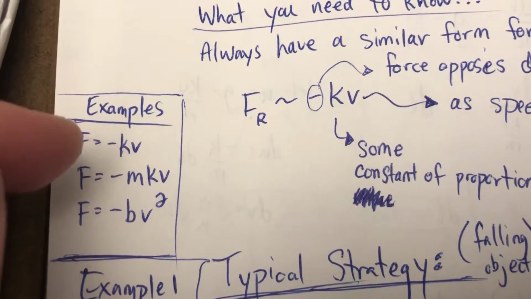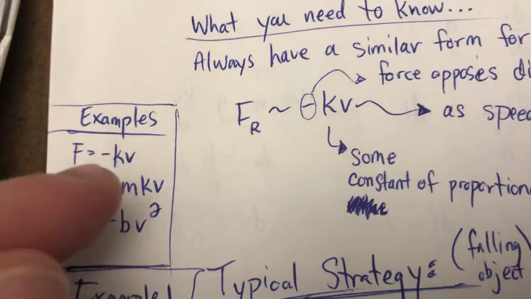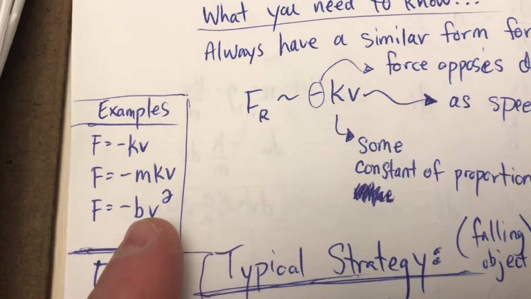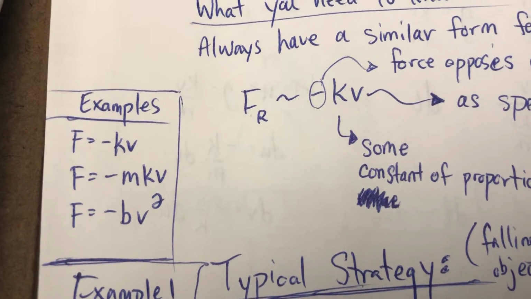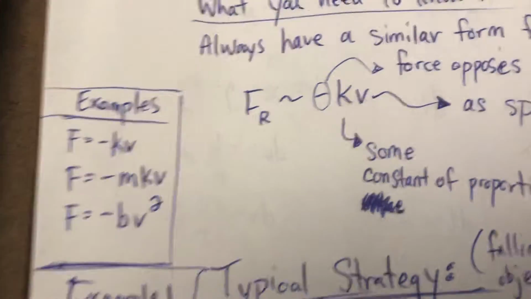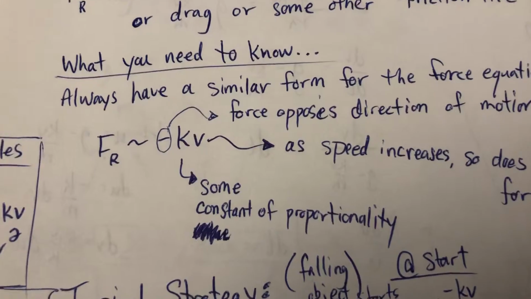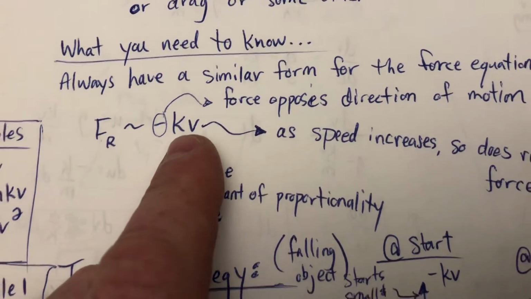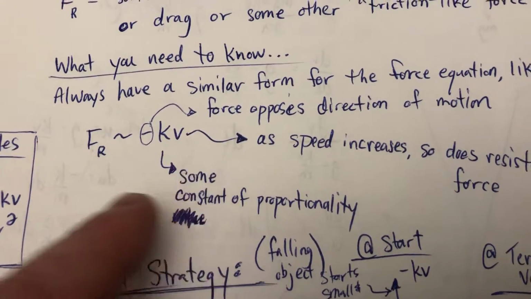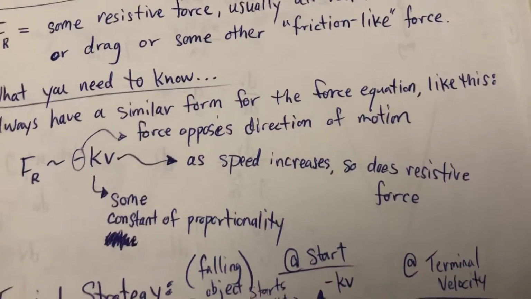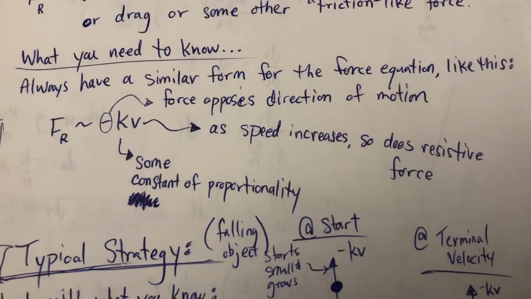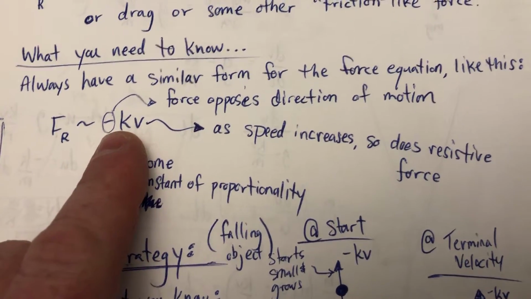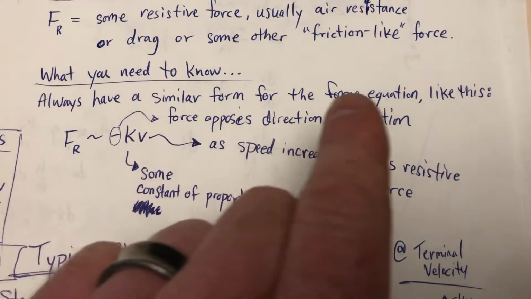What makes resistive forces different than other forces is that they're proportional to the velocity, or the velocity squared, rather than to the acceleration like Newton's second law would typically deal with. There's also typically a negative sign because resistive forces oppose the direction. And so the basic thing that's going on is the faster you go, the bigger the resistive force gets. This constant of proportionality depends on the material you're talking about. These equations always have a similar form,